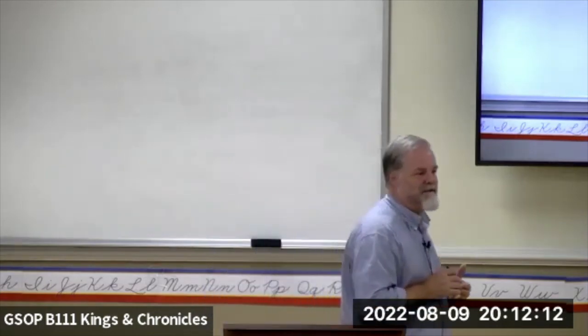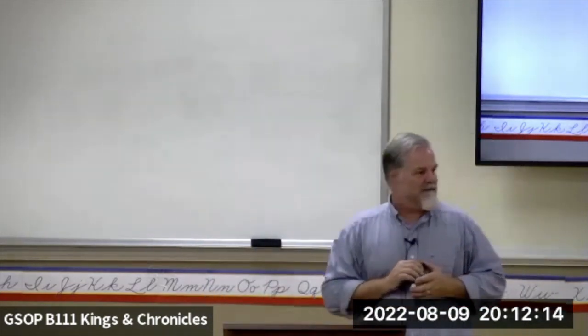Then let's go to verse 10. The son of Solomon was Rehoboam, Abijah his son, Asa his son, Jehoshaphat his son, Joram his son, Ahaziah his son, Joash his son, Amaziah his son, and it continues on. Why did Solomon have so many sons? He didn't have much of a choice, did he? How many wives and how many concubines did he have? You're inevitably going to have sons and daughters from these women.